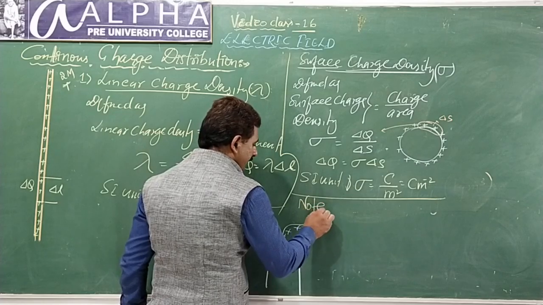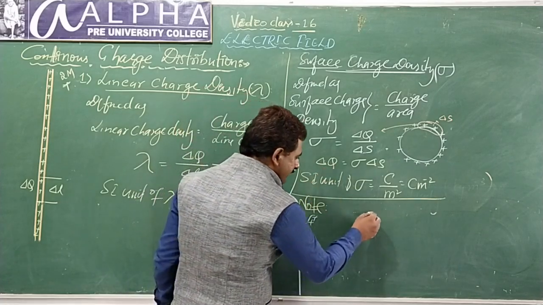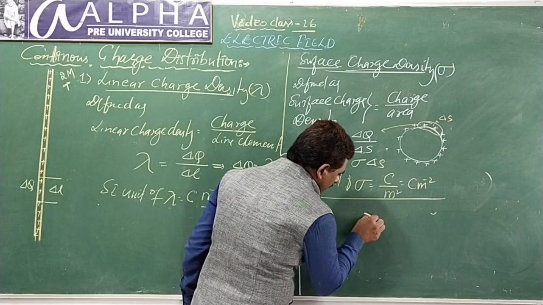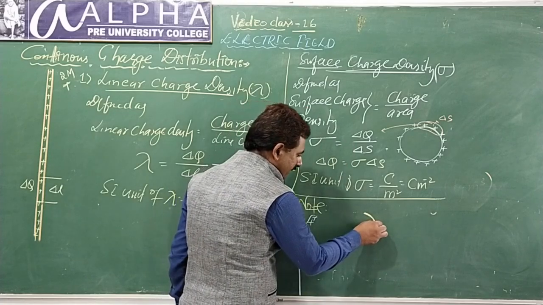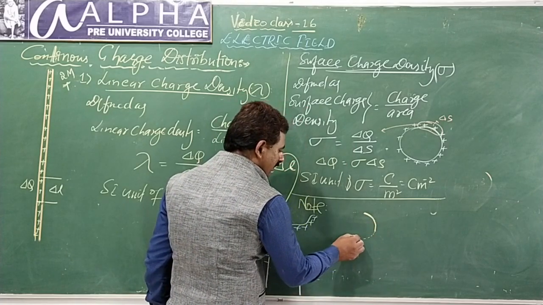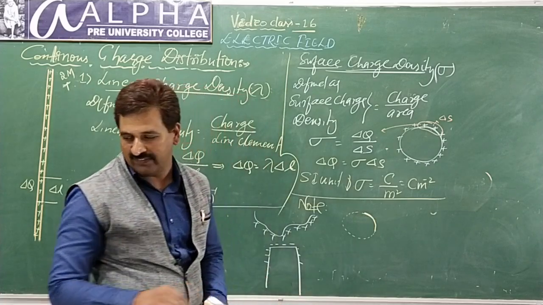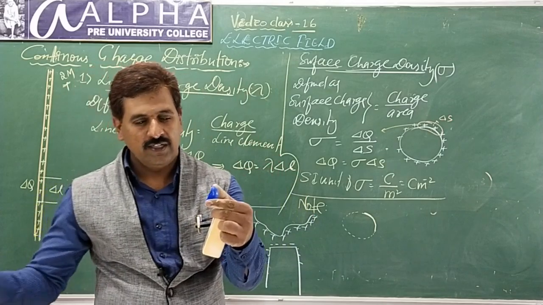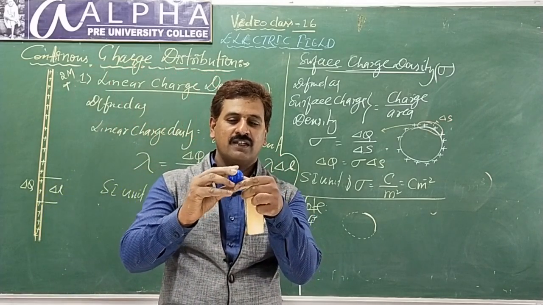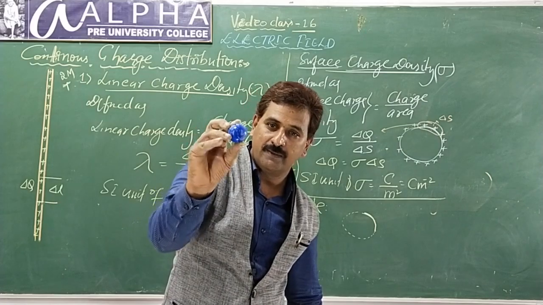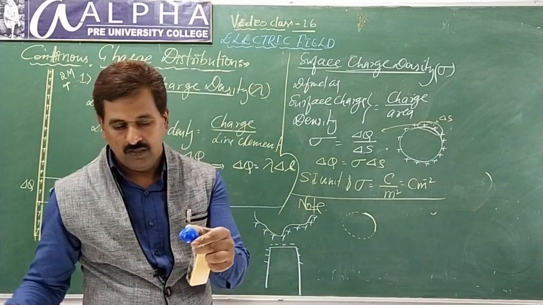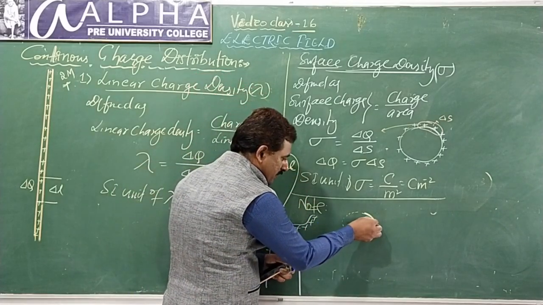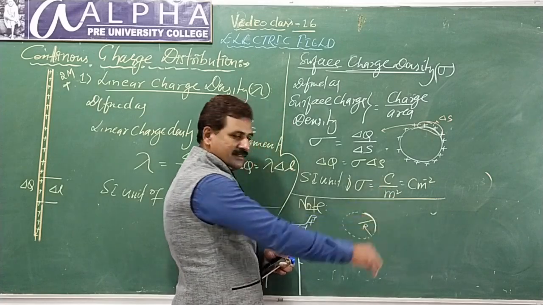Note, students. Now let us suppose this. There is a small curved surface. Clear? This much bend is there in this. If I extend this all around, see here, what happens? It becomes a ball, a sphere. Any small part of a curve can be extended into a sphere, which has a constant distance from the surface to the center, called radius.